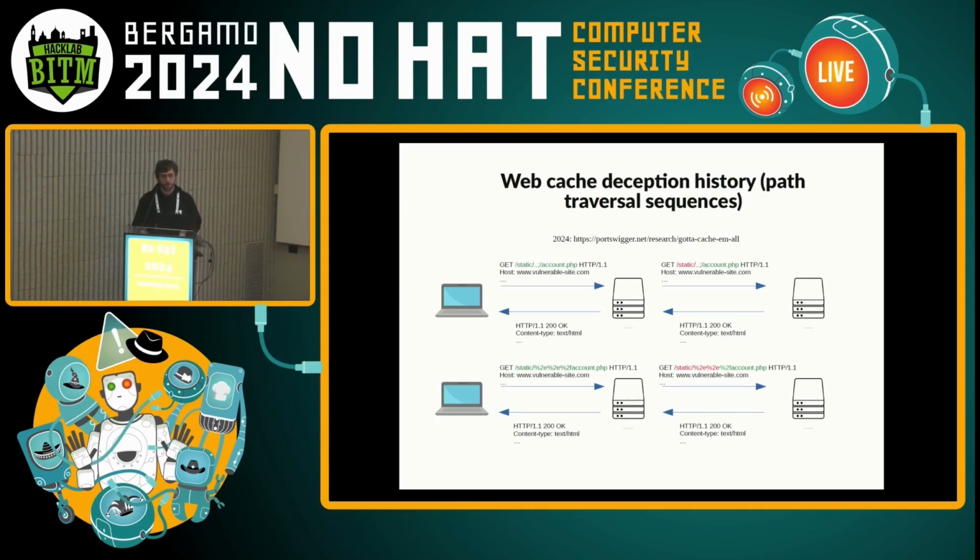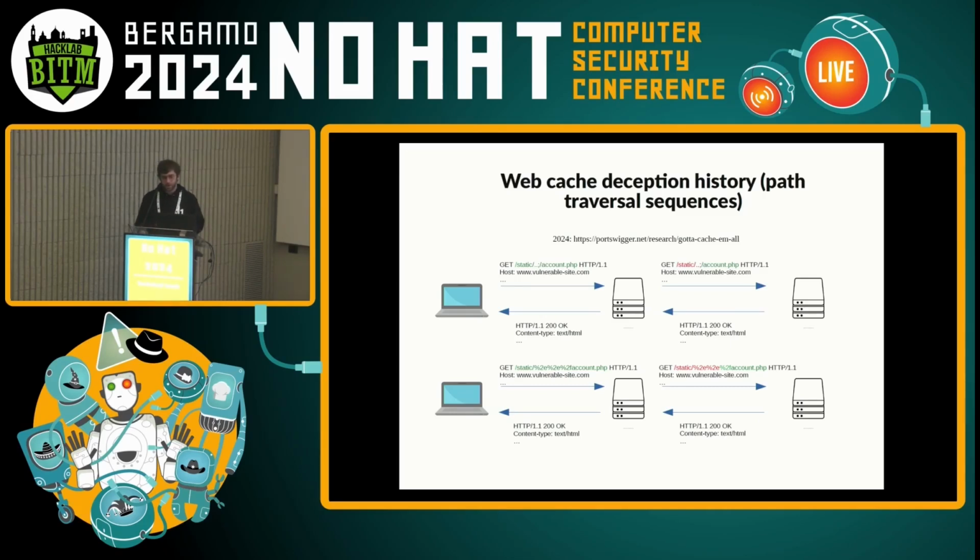So imagine you have configured your cache to cache every resource that starts with a specific part, like /static/, combined with a 200 response. What's going to go wrong here? Well,